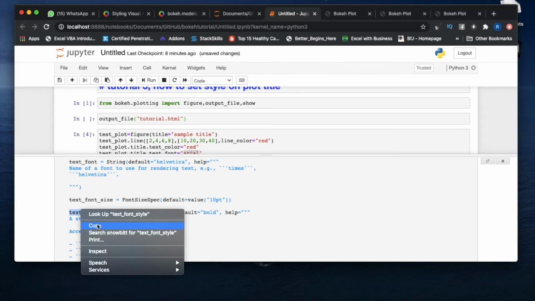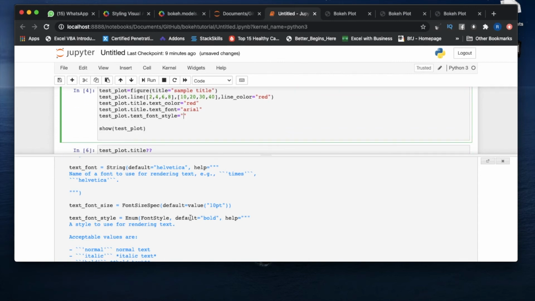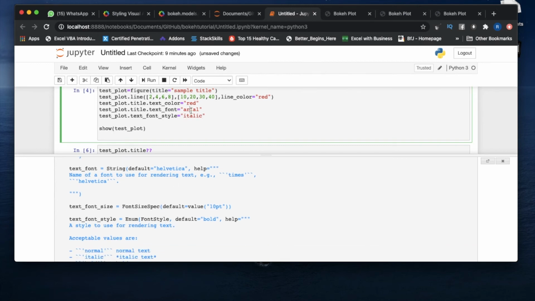we'll use this. Okay, maybe you can write text underscore plot. So guys, you can understand how to get this here. And after that we can write something, font style, maybe default is bold, and maybe I can write italic. Okay, so let's write italic. Then it will be italic. Then font will be maybe Times.